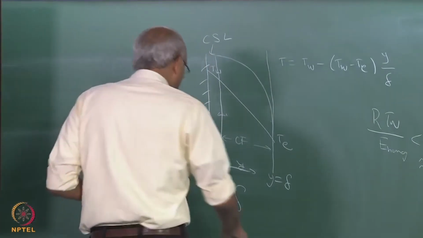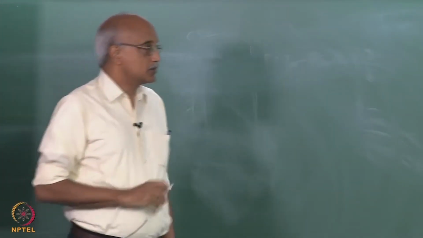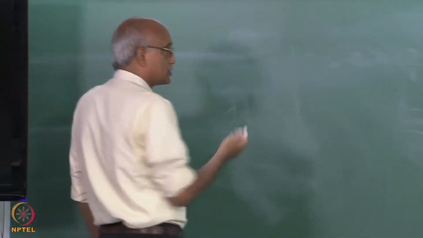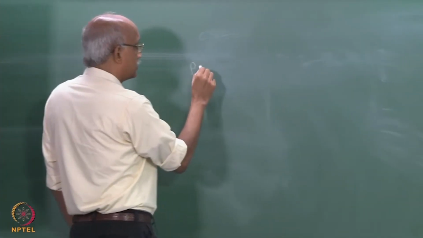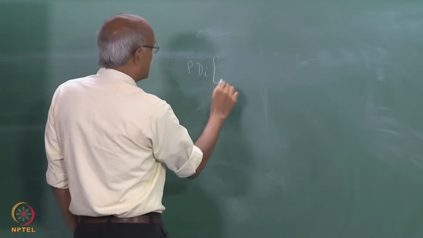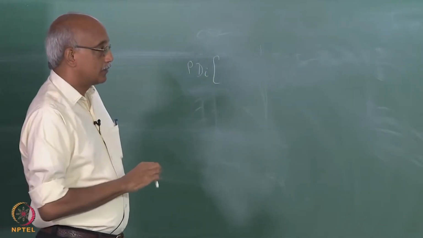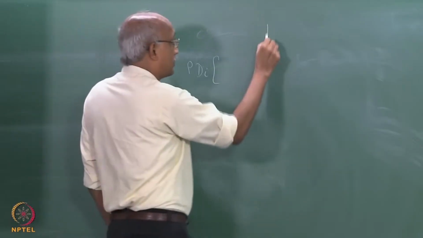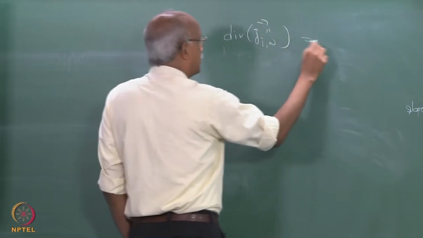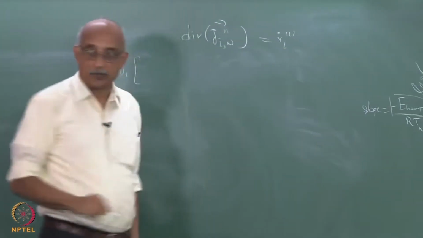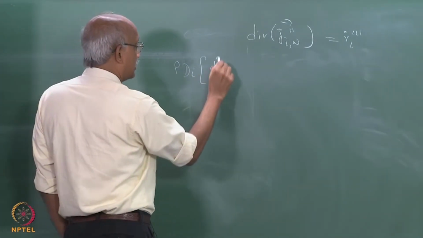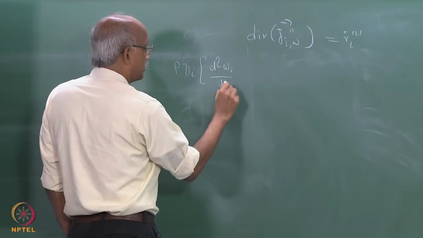So, how do you write that? Let us also assume that instead of using gradients, let us do this as a one dimensional analysis. So, you can write the diffusion equation. We are not taking the divergence, basically the formula we are using is divergence of J_I_W double prime must equal R_I triple prime, right. So, when you take the divergence of that, that becomes rho D times d squared omega I over dy